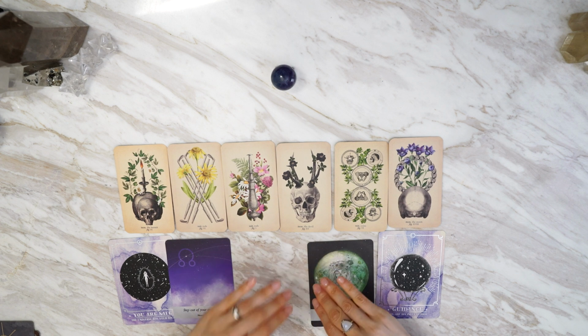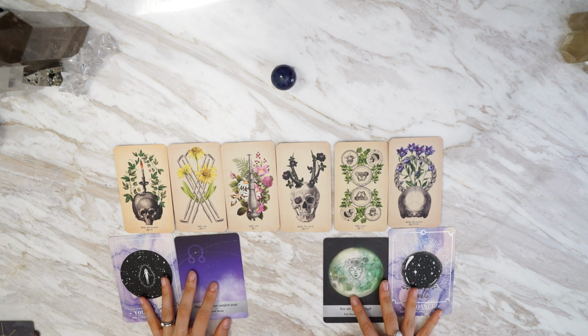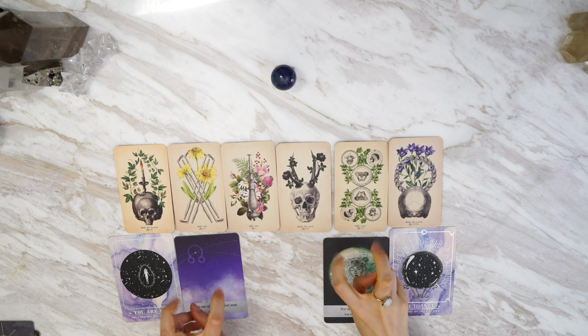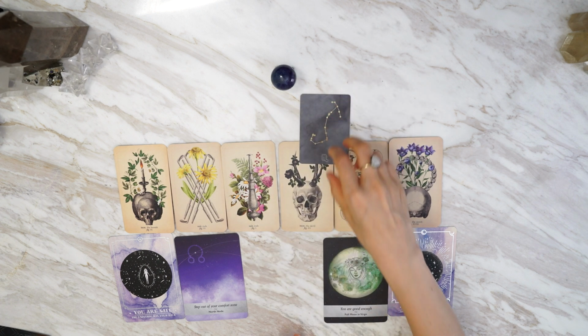They want to see a little bit of your chaos, a little bit of what makes you nuanced and different. So sometimes we perceive some of our own flaws as such, but really they're the things that set us apart. So now is the time to really embrace that. So the area of light for your sign will be embracing your shadow self. I love how this